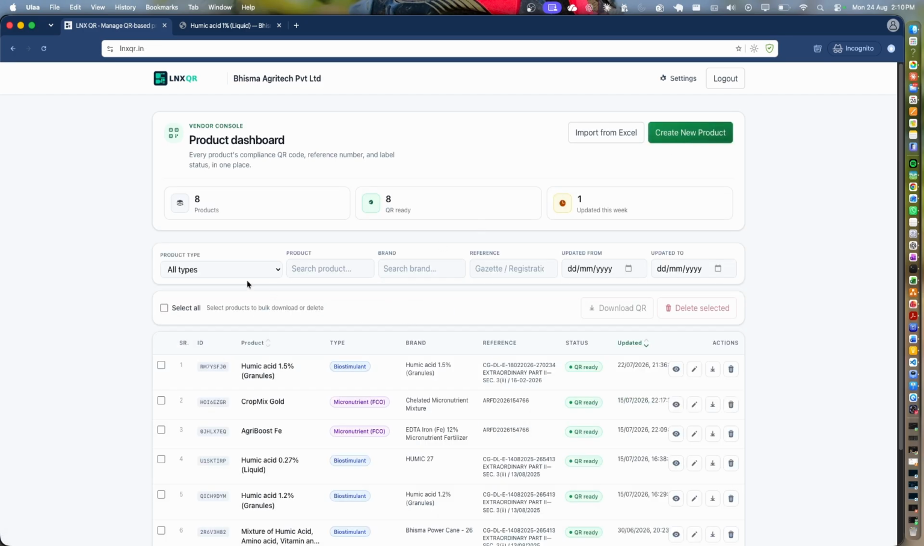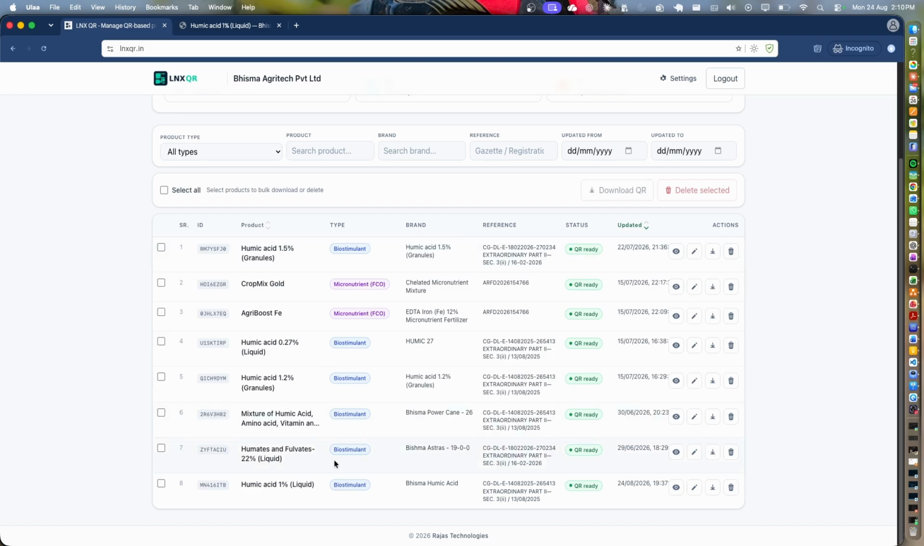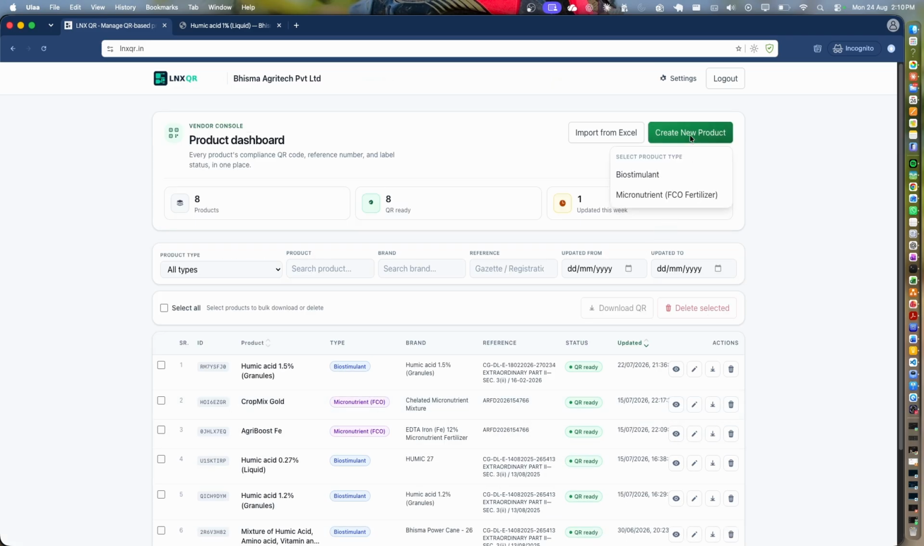If I click on the bank, here we have the filter bar. You can filter by types, product name, brand name, and you can see the details, even when it is updated. This week one product is updated, 8 QR codes are ready, so you can download that QR and place it on your product. The same way you can create for the